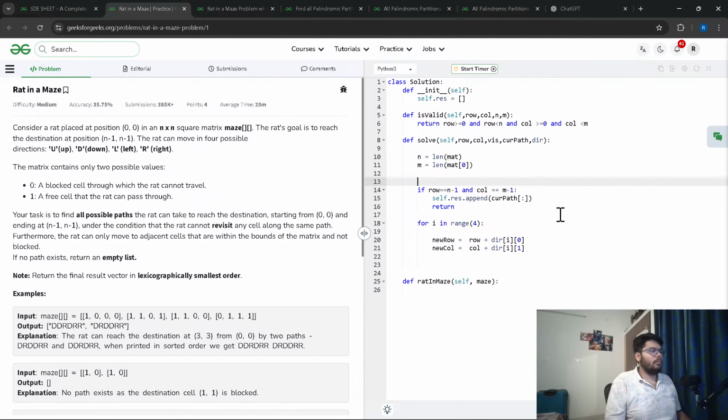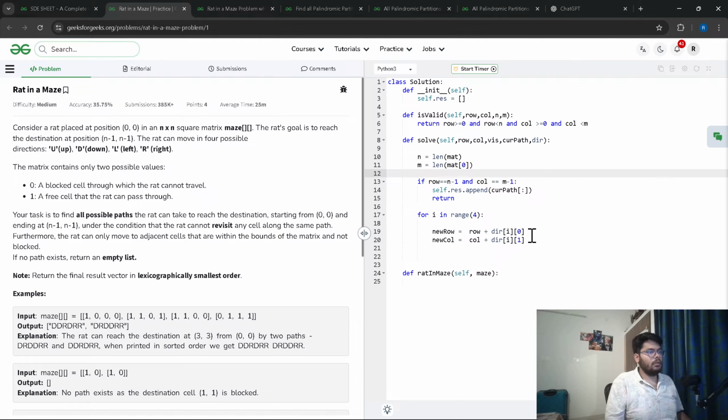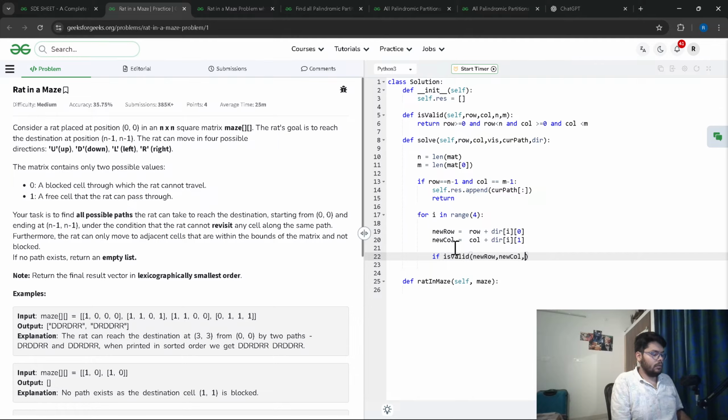And also we mark this, let's do all the thing in one place. If is valid, new row comma new column comma n comma m,